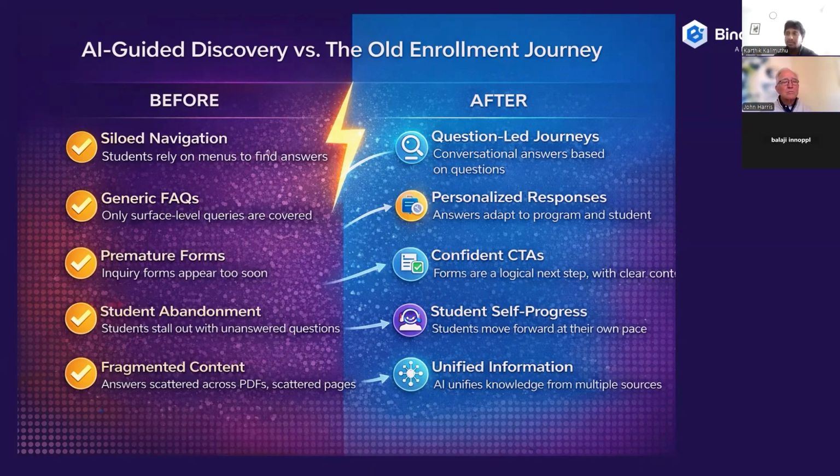So it is more conversational and answers all the questions, and it gives more personalized responses and guides them with the correct calls to action on the first instance itself. Okay, the students can mostly self-progress across this process. So the students can move forward at their own pace, and you can also personalize their experience